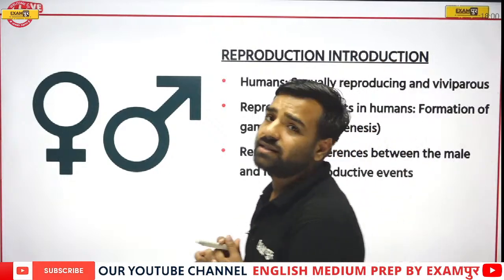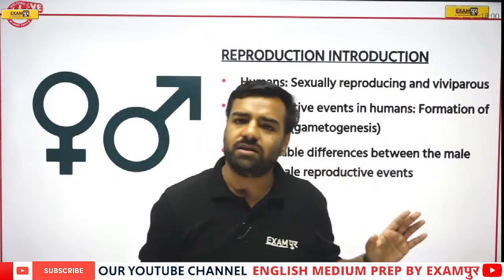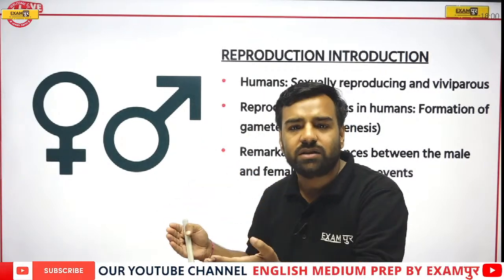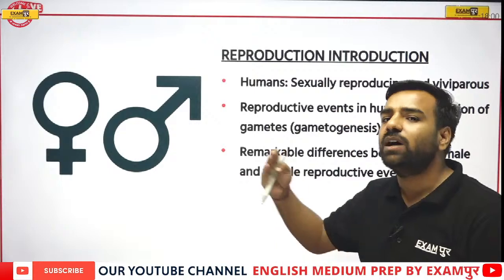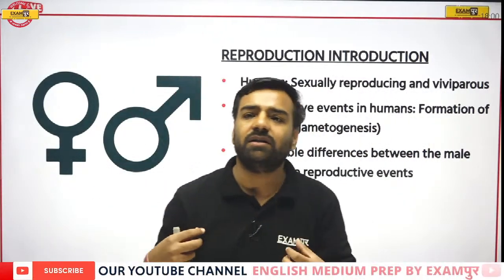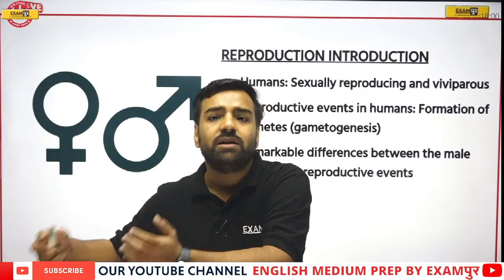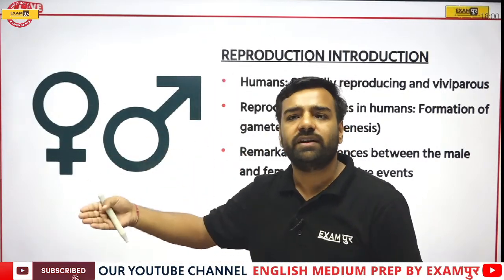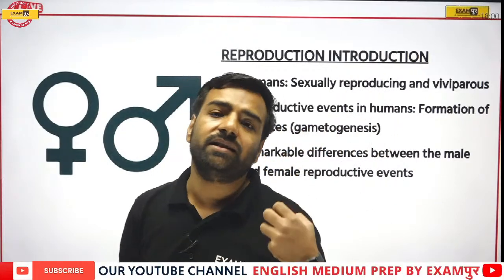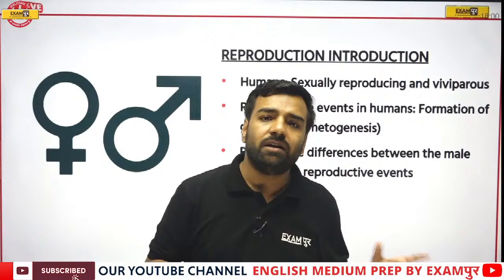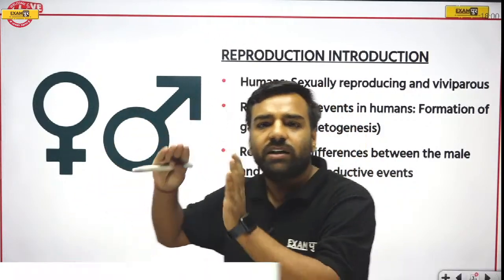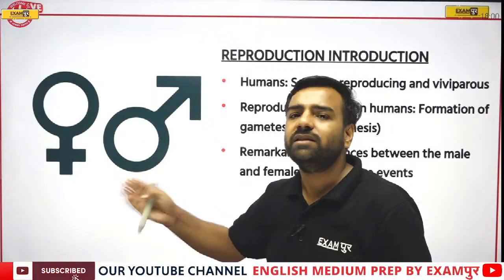What is it? Reproduction is the process in which we give birth to our younger ones in order to continue our race. For example, if we are humans, we give birth to a baby child who is a human, that is, we are continuing our race. Similarly, you can consider the example of a dog or a pigeon, that is a bird. Anything you consider, they are giving birth to their younger ones and hence they are continuing their race.